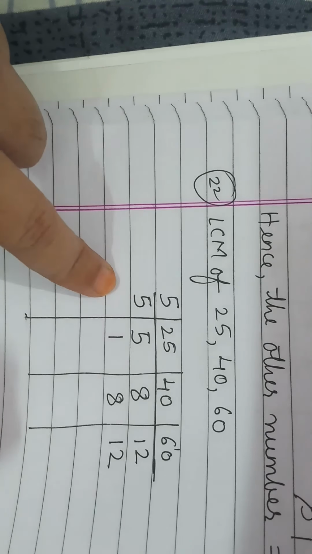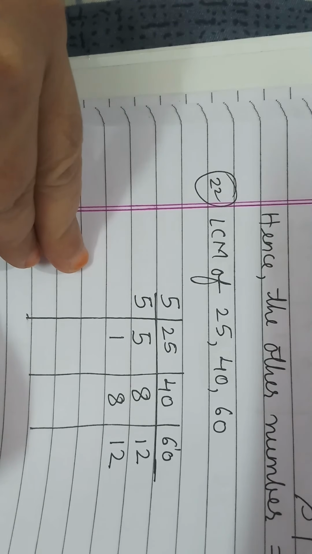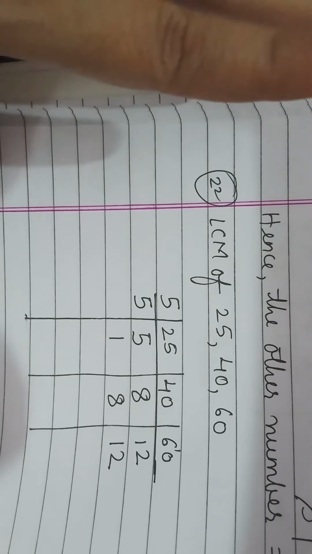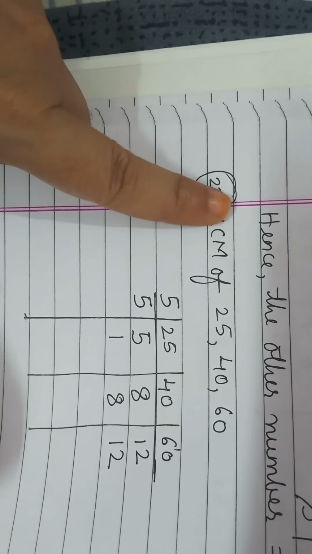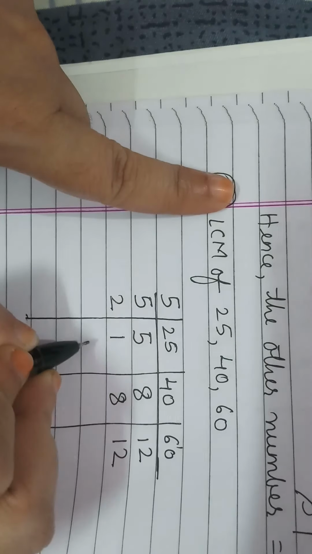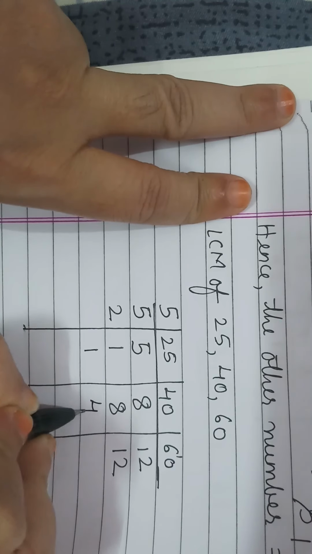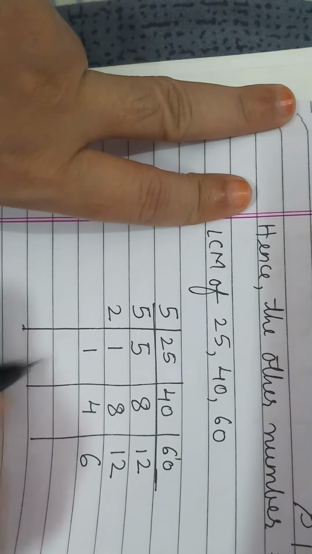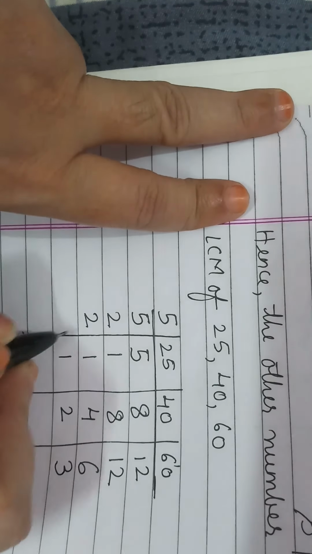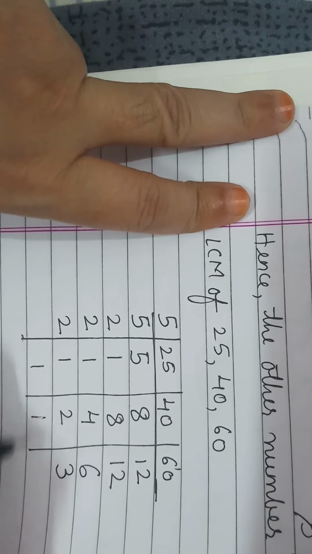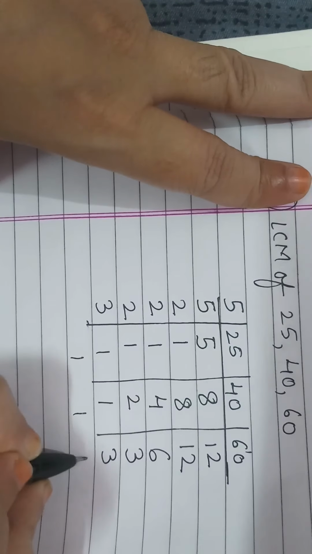Now I can take 2 also. ऐसे मत सोचना कि पहले 5 ले लिया तो हम बाद में 2 ले सकते हैं या नहीं ले सकते. We can take 2. आप पहले लेना चाहते हो तो पहले भी ले सकते हो और बाद में लेना चाहते हो तो बाद में भी. So I am taking 2. But they should be prime numbers only. Okay. So 2 4 ja 8 and 2 6 ja 12. Again 2 2 ja 4 and 2 3 ja 6. Then again 2 1 ja 2 and then in the last 3 1 ja 3.